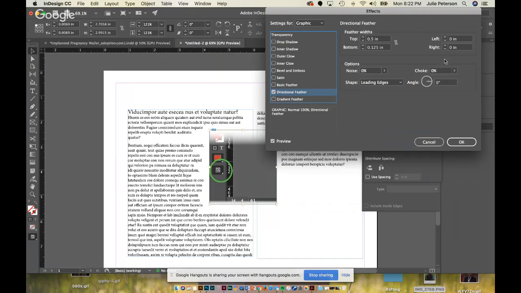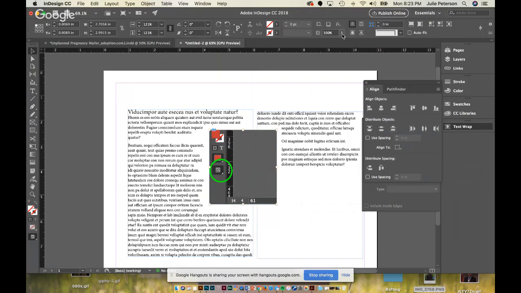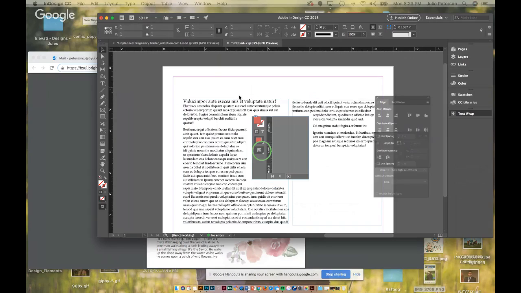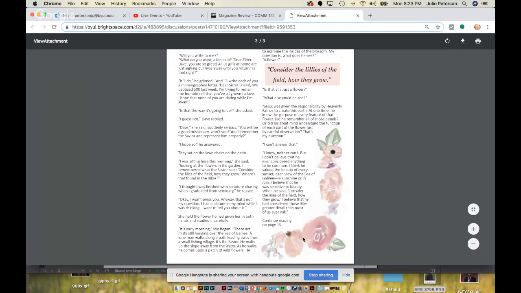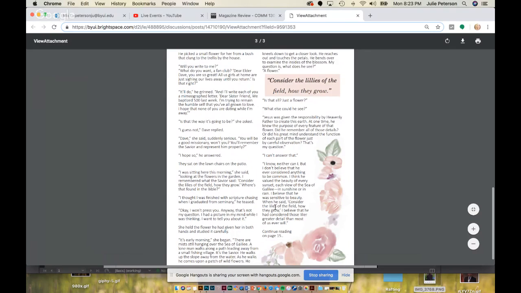I wish that it gave you kind of the opacity that you can change. No. So anyways, directional feather. And then you can always too, after you apply that, you come over here and just kind of decrease the opacity too, so it's slowly blending into the background. That's an option. InDesign is not great for Photoshop work and stuff like that, but maybe that can help get rid of some of these sharp lines so that it just looks like it's fading into the background. More of a watercolor option, okay?